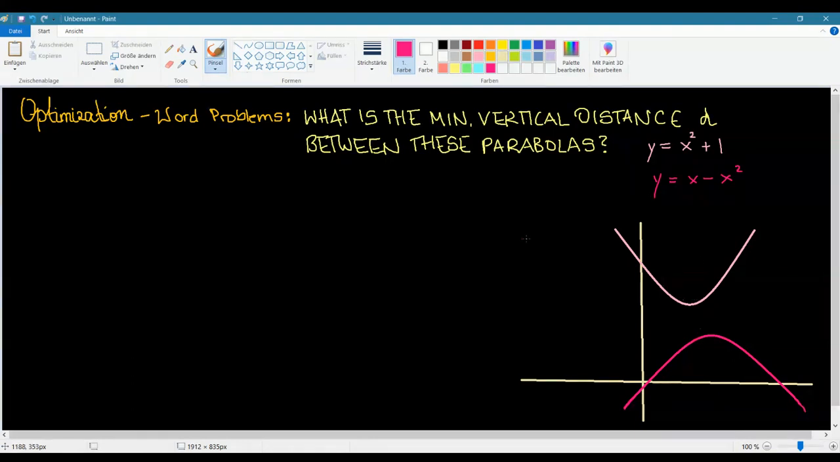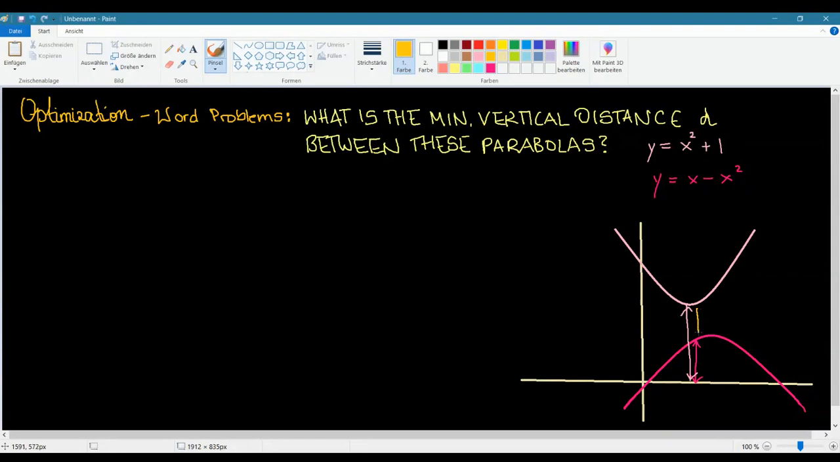And the first thing that we really want to do is figure out what exactly we're looking for. So looking at these parabolas, what is it that we're looking for? We're looking for the minimum distance, right? Here we have the distance between x and one of our parabolas, and then here we have a distance between x and our other parabola, okay? So what we're looking for